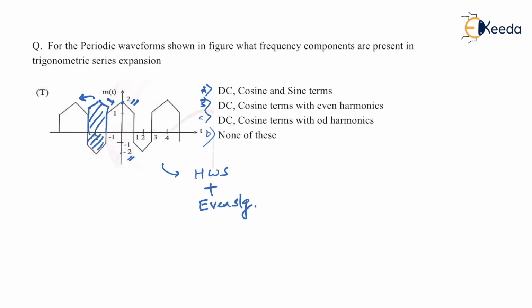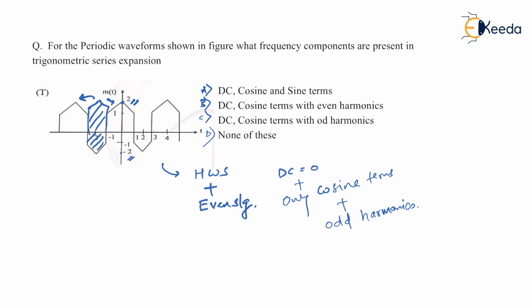So what do you think? Was that half wave symmetry an obvious half wave symmetry or a hidden one? Of course, it is an obvious half wave symmetry. We didn't have to really extract some DC value out of it. Is that right? So one thing is sure, that the DC value equals 0. Secondly, since it is an even signal, it will have only cosine terms. Along with that, it will have only odd harmonics.